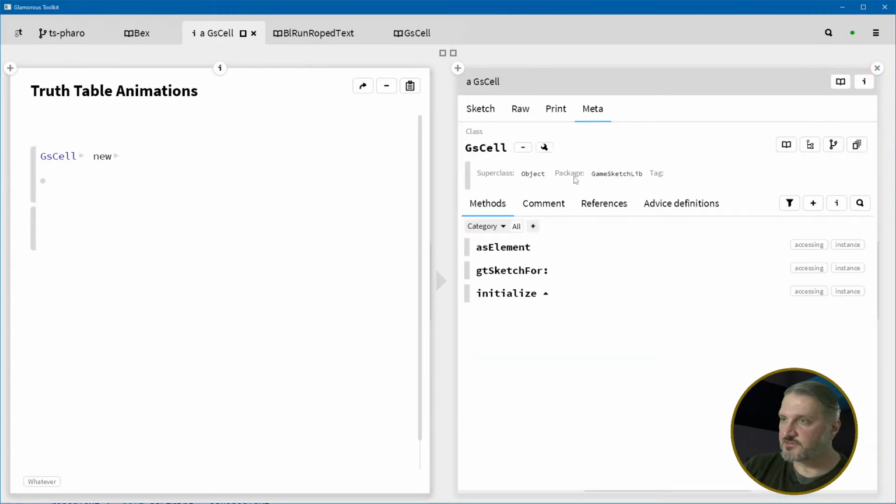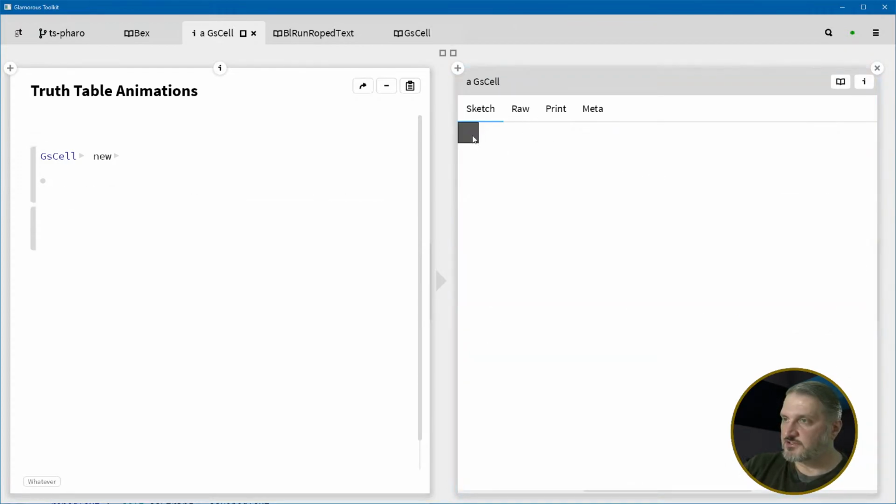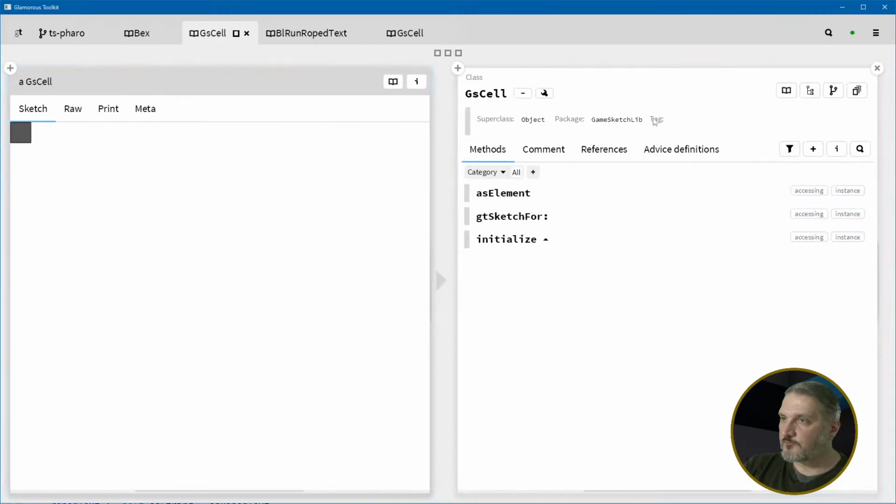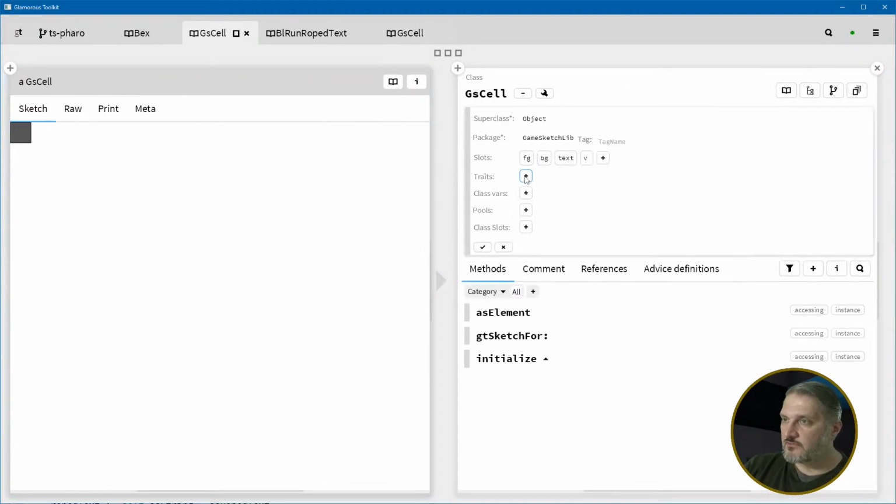Now if I run this, here's my sketch, and it's just an empty box, and that's what I want to see. When I inspect this class, I have foreground, background,